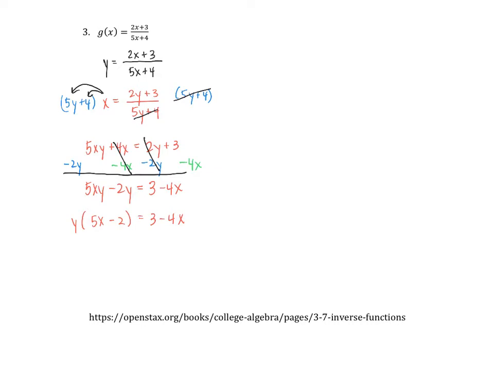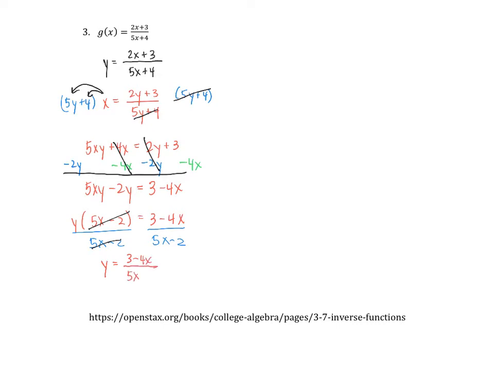And now the last step is to get the y by itself. So since it's y times that factor, I am going to divide both sides by that factor. So if I divide by 5x minus 2, that completely cancels out. So it divides out to 1, so I just have y equals 3 minus 4x